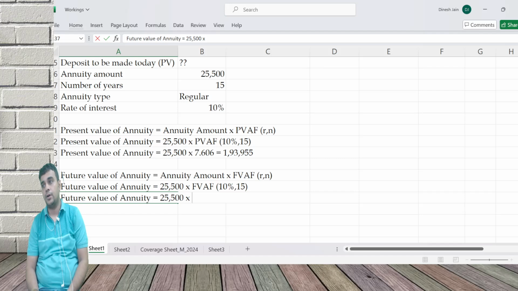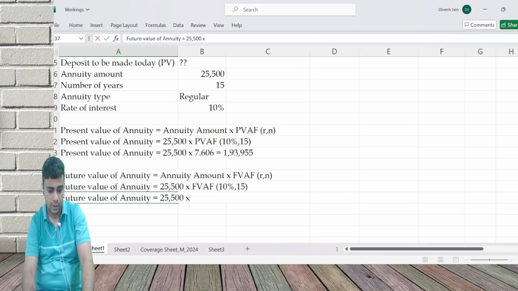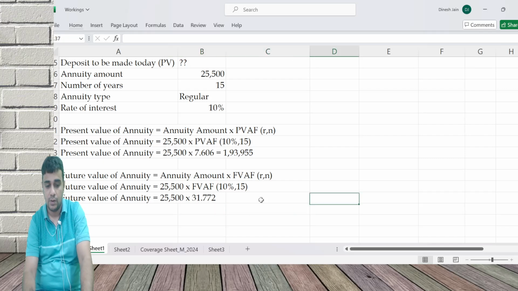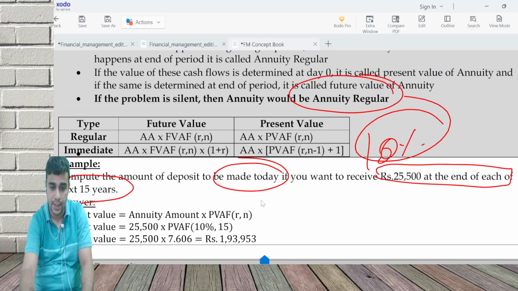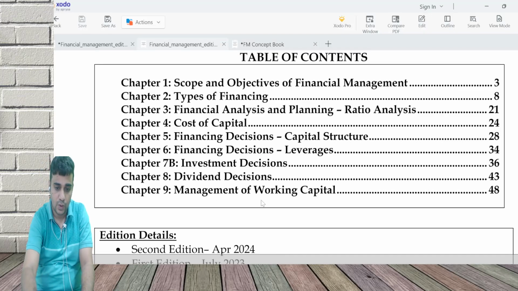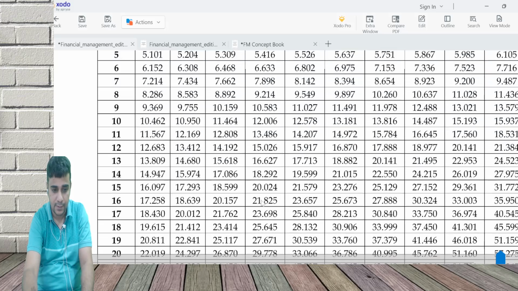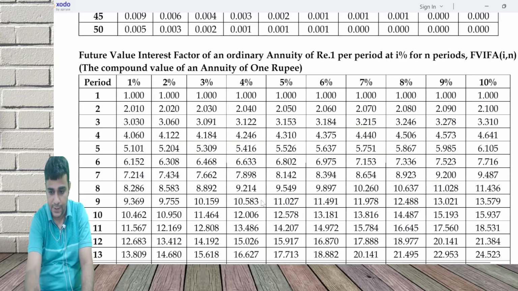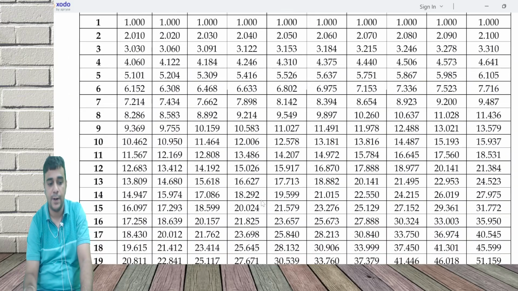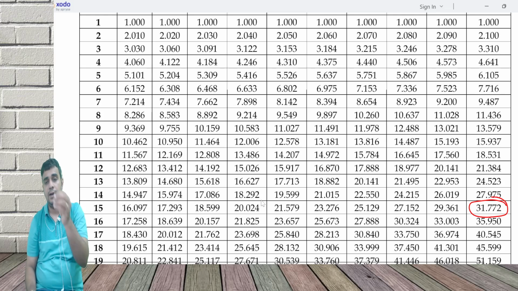What is the factor you got? 31.7772. Let's check whether that is right. What's the number I told? What is the rate? 10%. How many periods? 15. 10%. 15 is 31.772. See, if you have made a mindset saying that I'm not getting it,